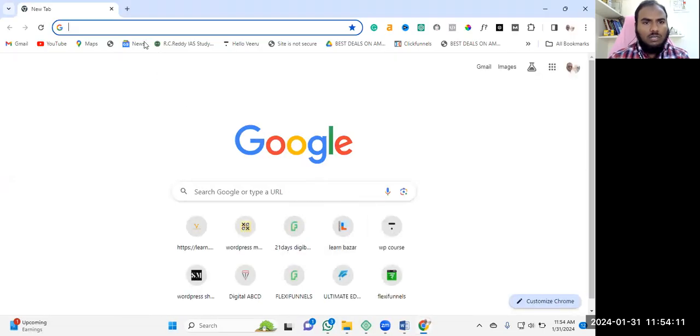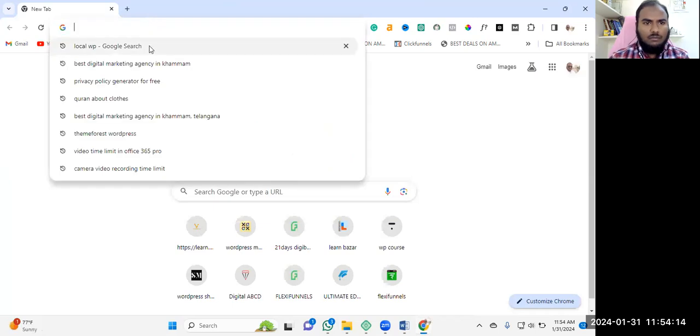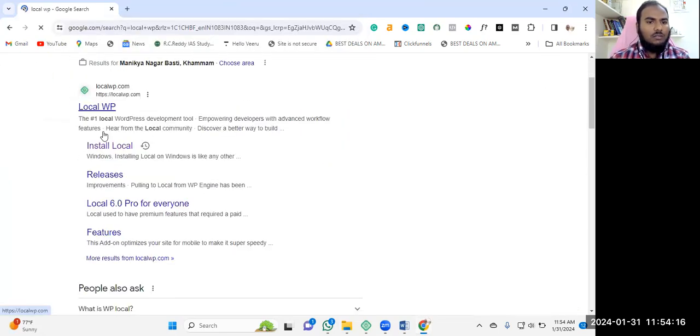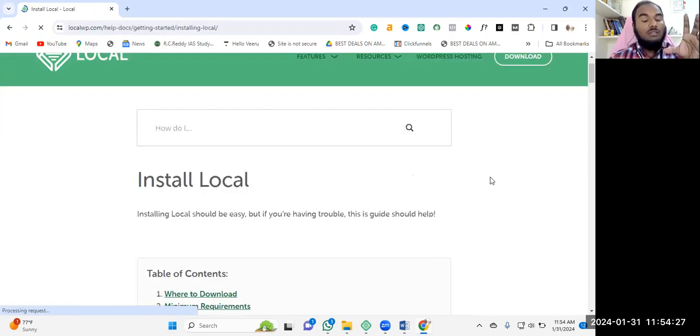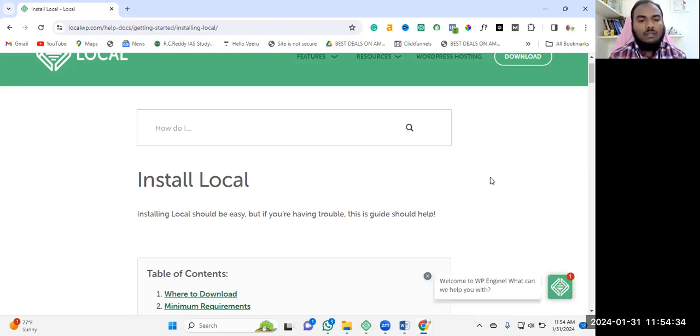Okay. So Local WP, come to Local WP. Install this Local WP on your laptop or desktop. This is a free version of WordPress. Here you can install this on your laptop or desktop, and this is a local or private network. This is only for the purpose of showing, designing, and learning your website. It will not be shareable on the entire world.